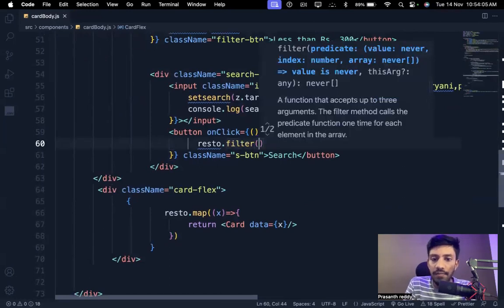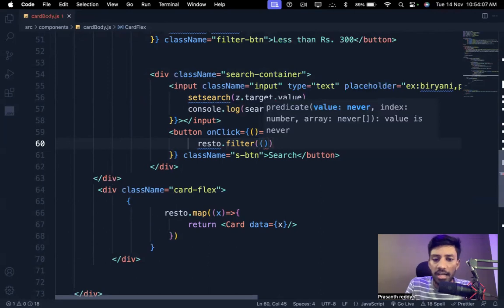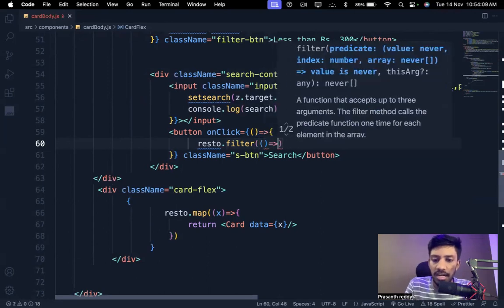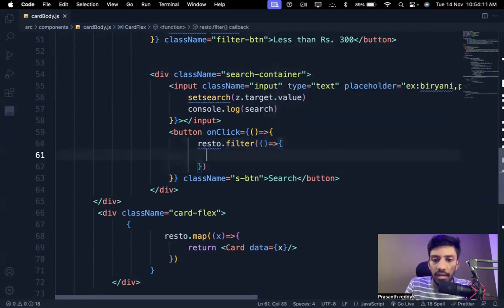Okay, this filter will take an anonymous arrow function. Let's pass the anonymous arrow function. Now let's give it some X, or Y, Z, whatever value that you want. You can give any value. Let's give it X over here. Okay, X, that's perfectly fine. Now here we have to say that